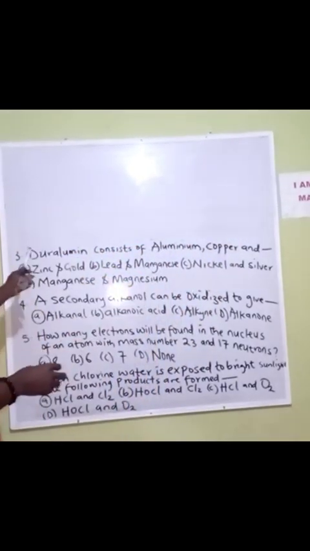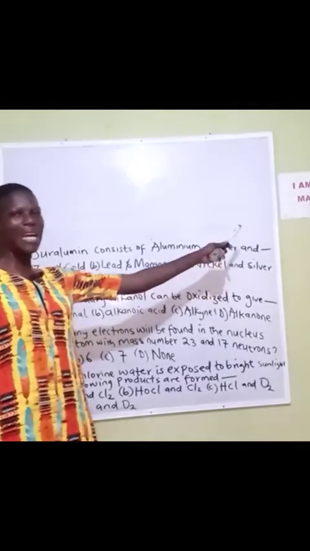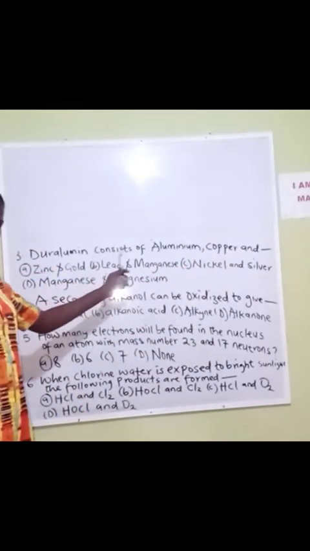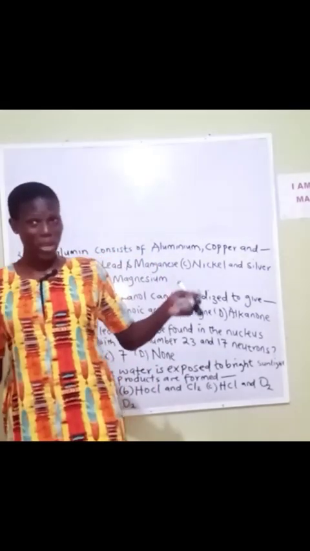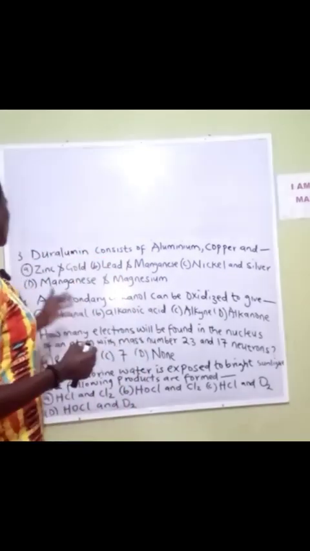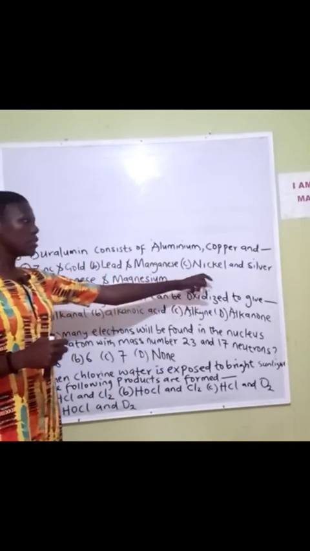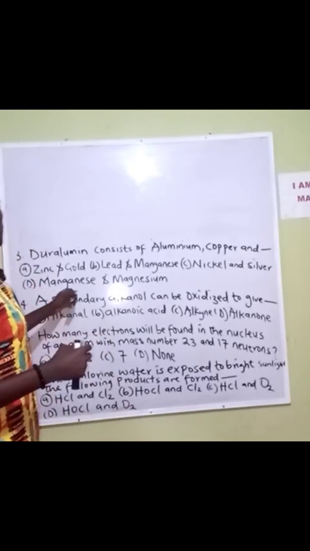Okay, so the next question says Duralumin consists of aluminium, copper, and dash. That is an alloy. Okay, what's an alloy? An alloy is a substance that contains 2 or more elements chemically combined together to generate something. So we have A, zinc and gold. B, lead and manganese. C, nickel and silver. D, manganese and